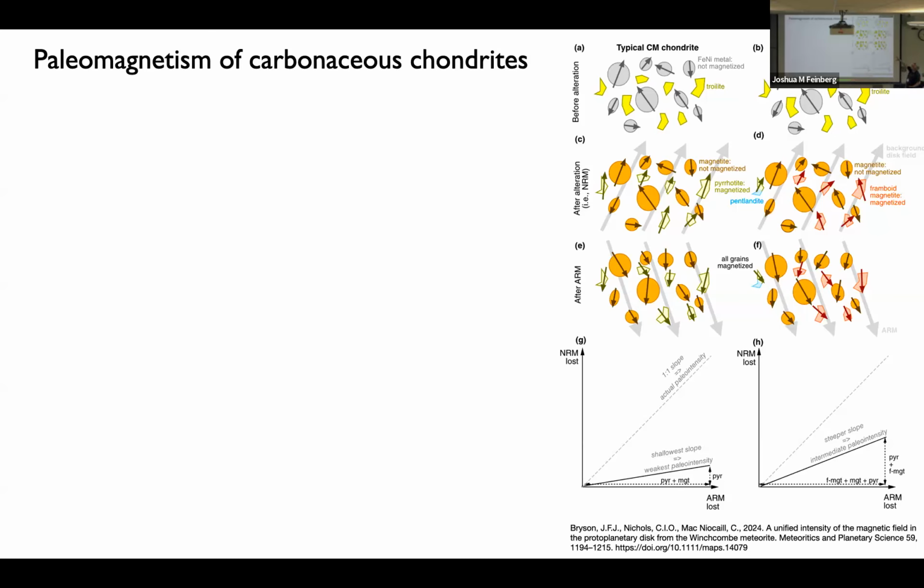Whereas the pyrrhotite that's forming from the troilite during aqueous alteration is magnetized because it's forming from something that's antiferromagnetic. It doesn't have a pre-existing remanence that it can inherit. Okay, an alternative scenario on the right is that maybe some of that troilite got dissolved and reprecipitated as a different form of magnetite, framboids. We've heard a lot about framboids so far in this conference, which is handy because I'm going to be talking about framboids a lot